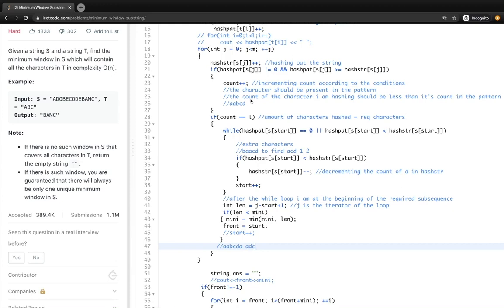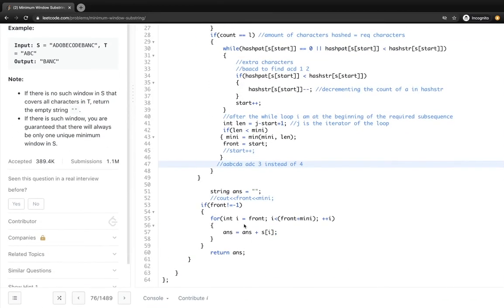This condition will not get affected because it is not getting satisfied. But the count will still remain equal to L because count is not decremented anywhere. So it will again check if I found a better answer. If so, I will come into this while loop. First, the second condition will get true, which means the hash of str of A will get decremented, and then the first condition will get true, that is I will reach B, so that will also get affected, and ultimately both these characters are removed and I am left with CDA. So I get a better length of 3 instead of 4. I hope this part is clear.